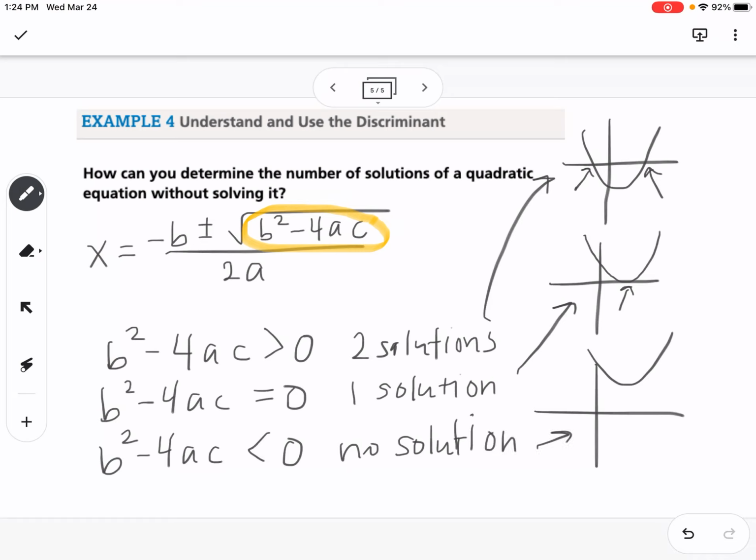So we can look at the discriminant so we don't have to do the whole quadratic formula. We can just take the discriminant, plug in the numbers to predict how many solutions our quadratic equation would have. Okay, so